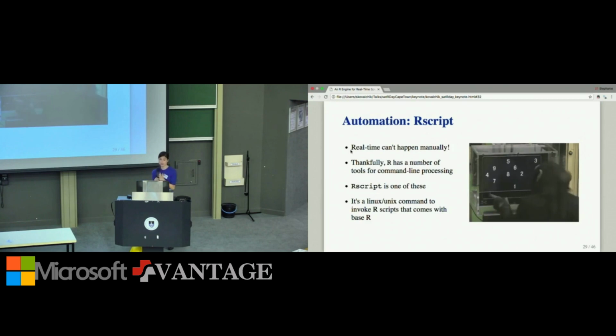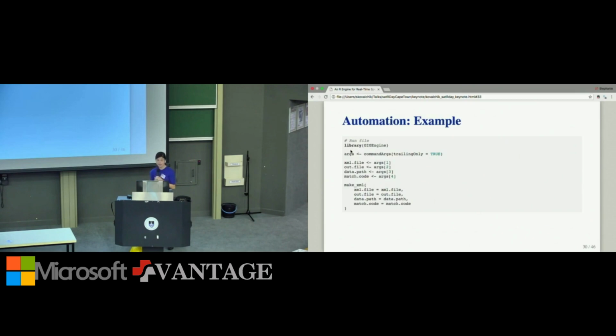Sometimes we need to be able to store that data in different locations for greater efficiency. So that's a critical piece of being able to work with this. The great thing is that it's readily available and now a fundamental part of base R. I wanted to give you an example of what a particular script would look like. So that's actually supplied to the Rscript for producing our output XML.